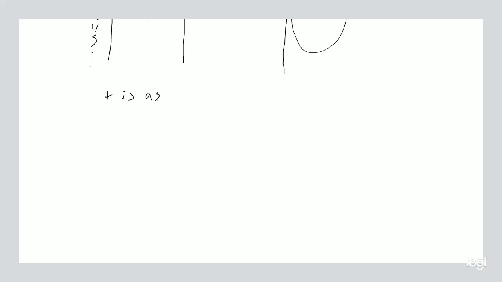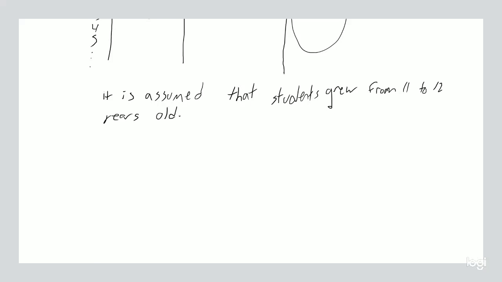it is assumed that students grew from 11 to 12 years old. And we're talking grew as in height. Obviously they grew, they got older, right? So use alpha equals 0.9